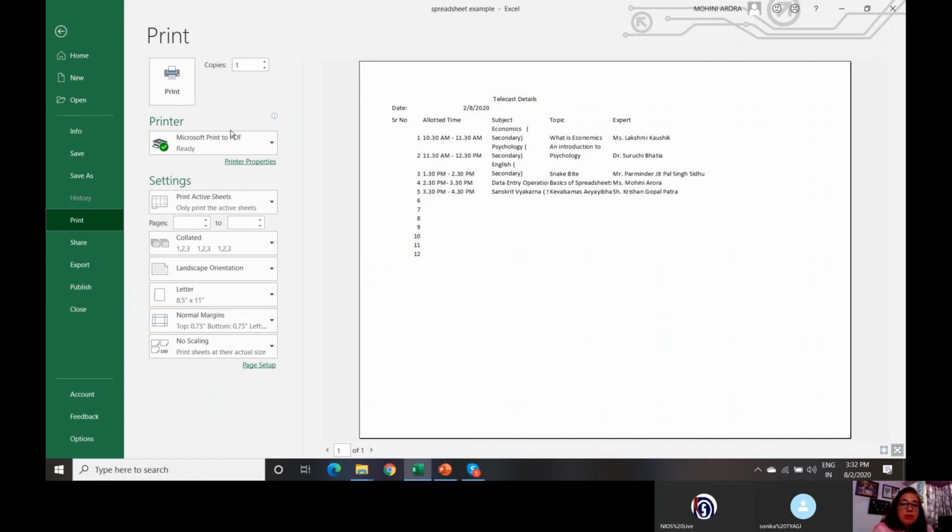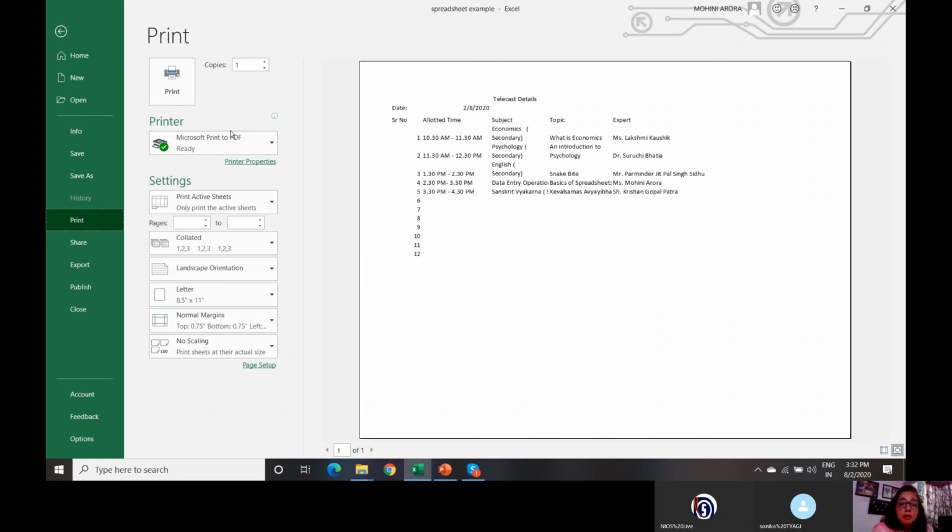So this is about creating a worksheet, modifying a worksheet, entering data in a worksheet, freezing the panes, then doing the page setup, saving, and printing.